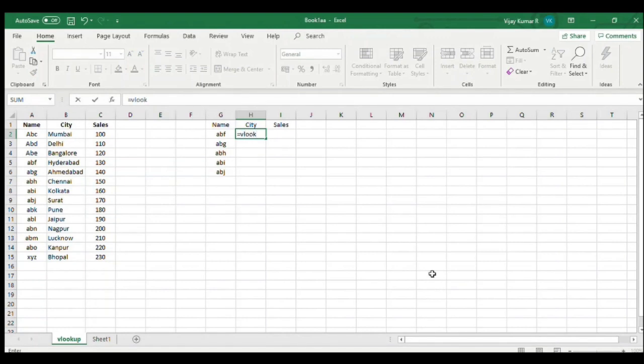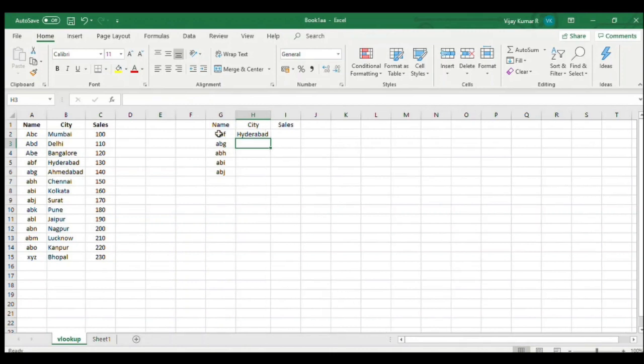So the formula you will use is equal to VLOOKUP. You will open the bracket and select the name of the employee here. I have moved the cursor and selected it, and it shows G2 as the cell name. I put a comma and select the first two columns, which are name and city. Like you see in the video, you need to select the first two columns, put a comma and then type 2. Type 2 is because we are selecting the first two columns. Then you close the bracket and press enter.